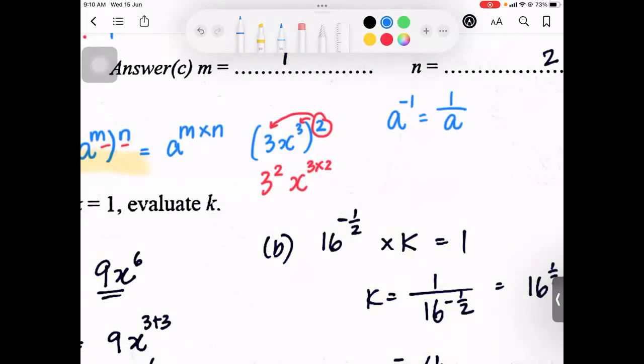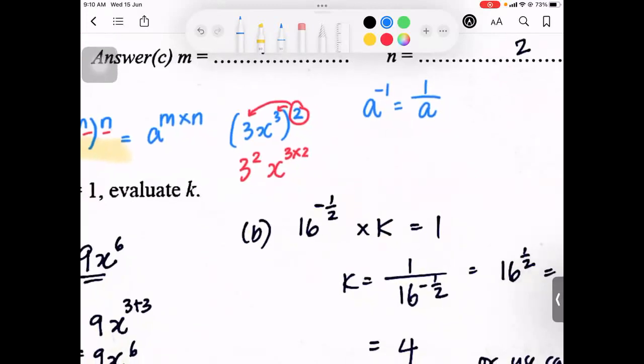So technically speaking, this whole expression over here becomes 1 over 16 to the power of positive half, not negative. Where did the negative go? The negative became 1 over. Okay, and then this one is times k